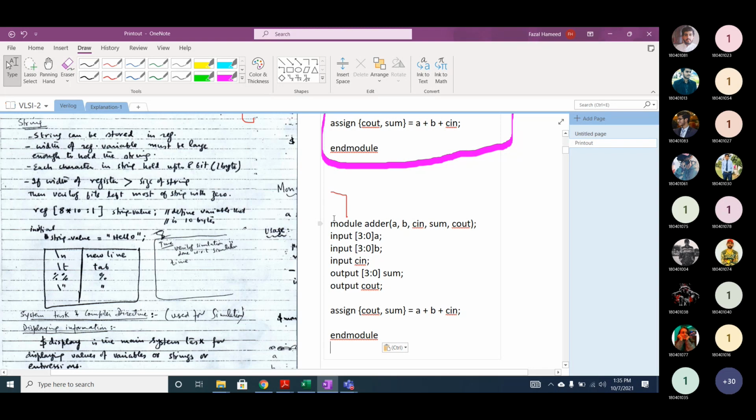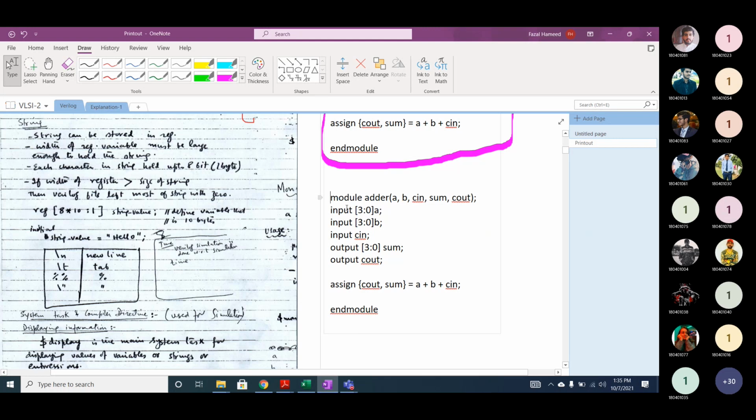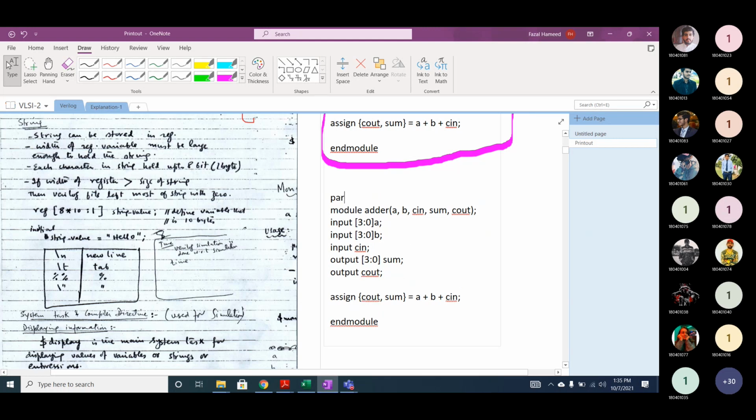If I add the keyword parameter and I write parameter adder size is equal to 8 bit, so now it is 8 bit. If I change it like this, adder size minus 1.